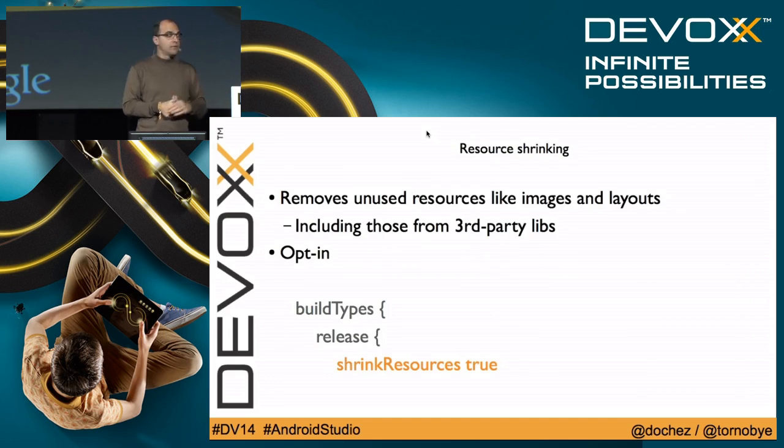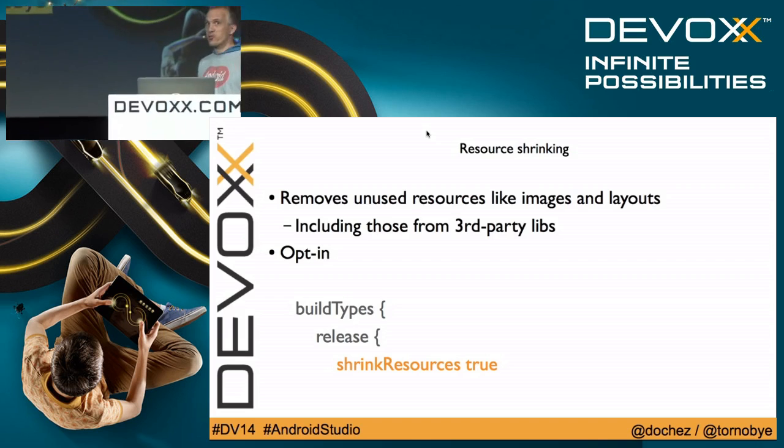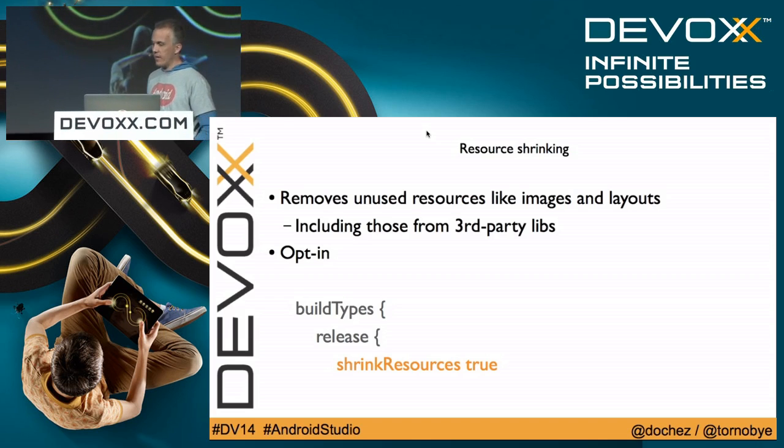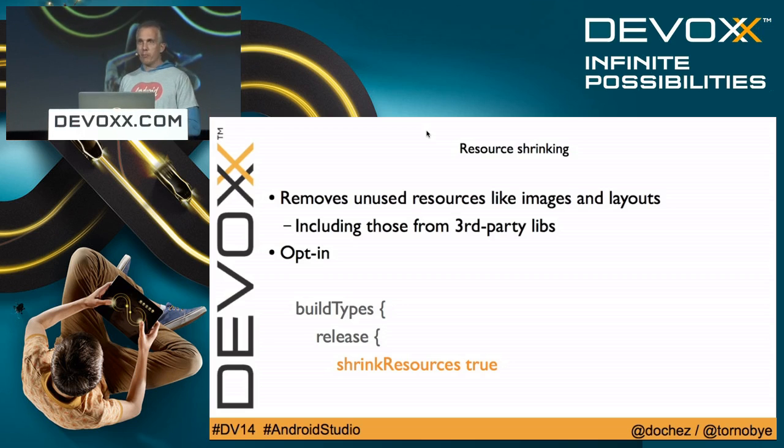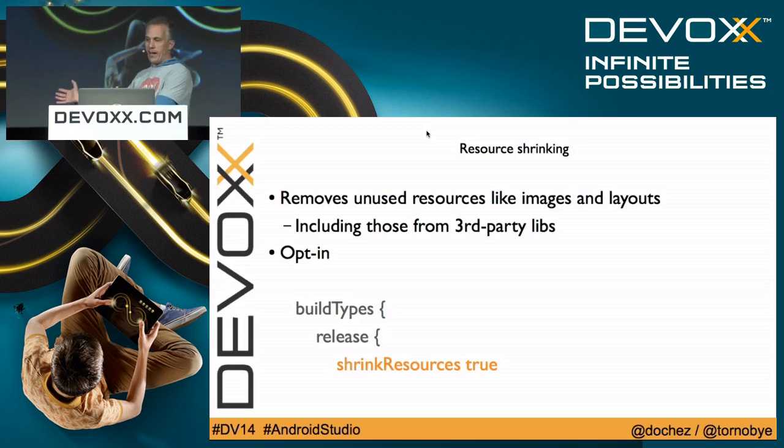Actually, Tor, you can talk about it since you did it. Well, this is not really a build thing. In fact, this makes your build slower. The main thing here is that, in the past, you probably ProGuarded your app. That's one way to get around the 64K method limit. But that removes your code. But if you, for example, are using Play Services and you're using it, let's say, only for AdMob because you want ads in your free app,